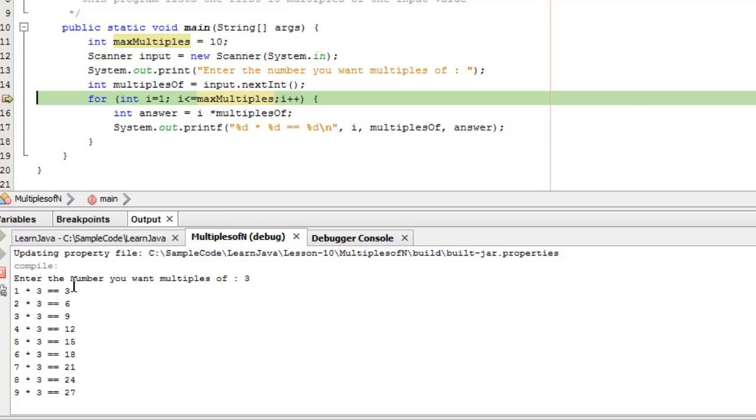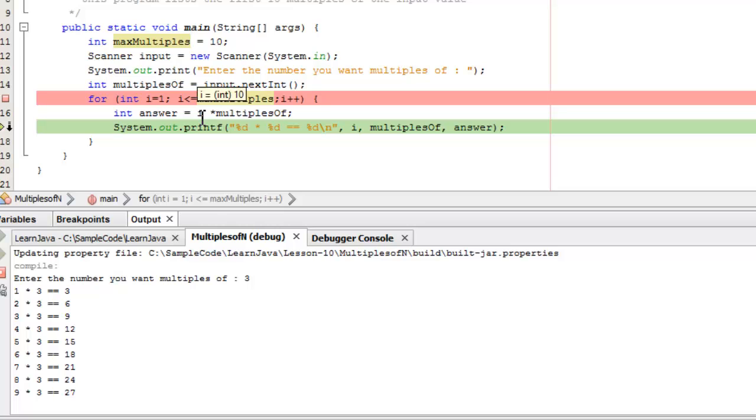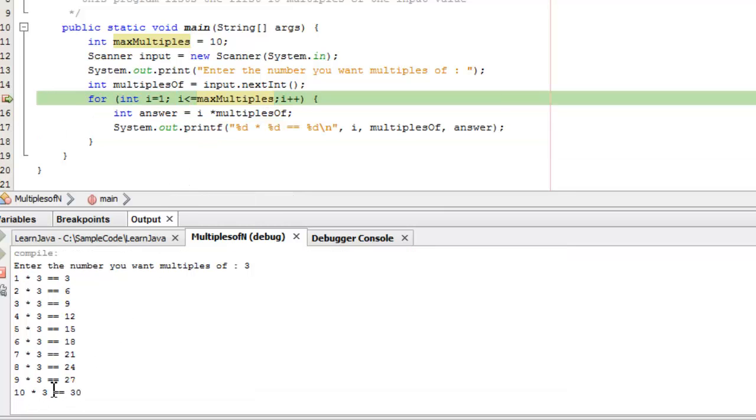Now, here's where it gets interesting. I'm at this step. Now I is 10. 10 is equal to max multiples. So this condition is still true. So I'm going to print out 10 times 3 is 30. Then it goes back up here one more time, but this time I gets incremented to 11, and then 11